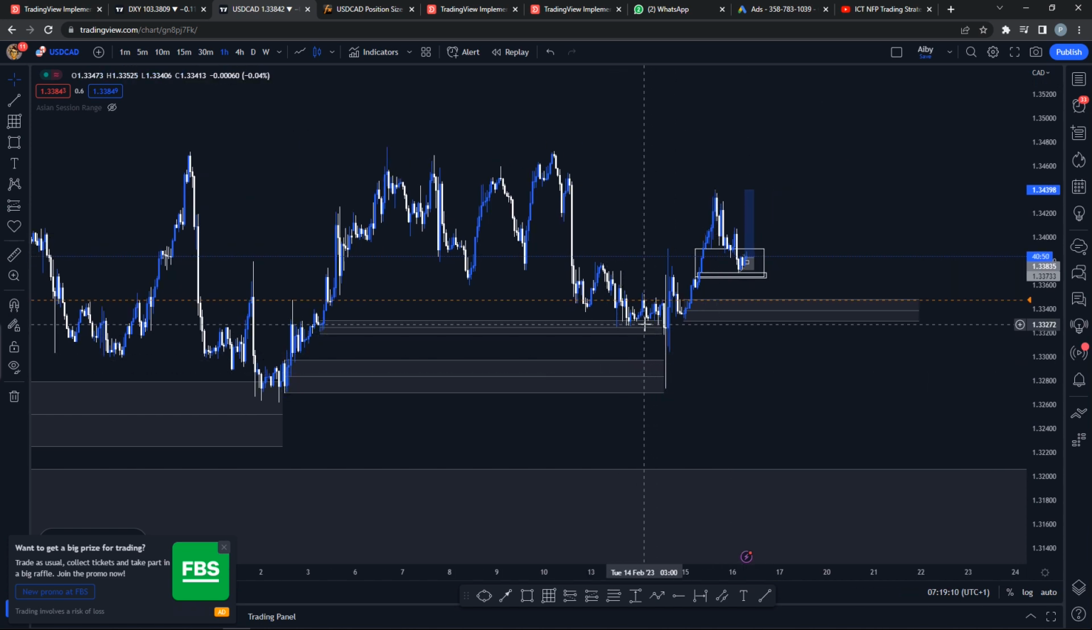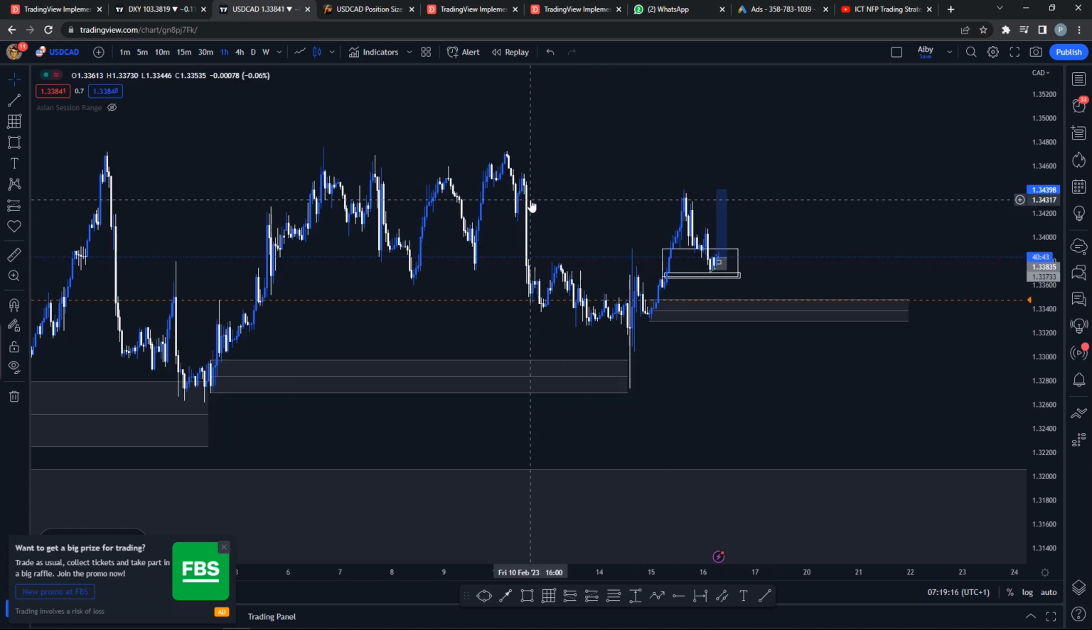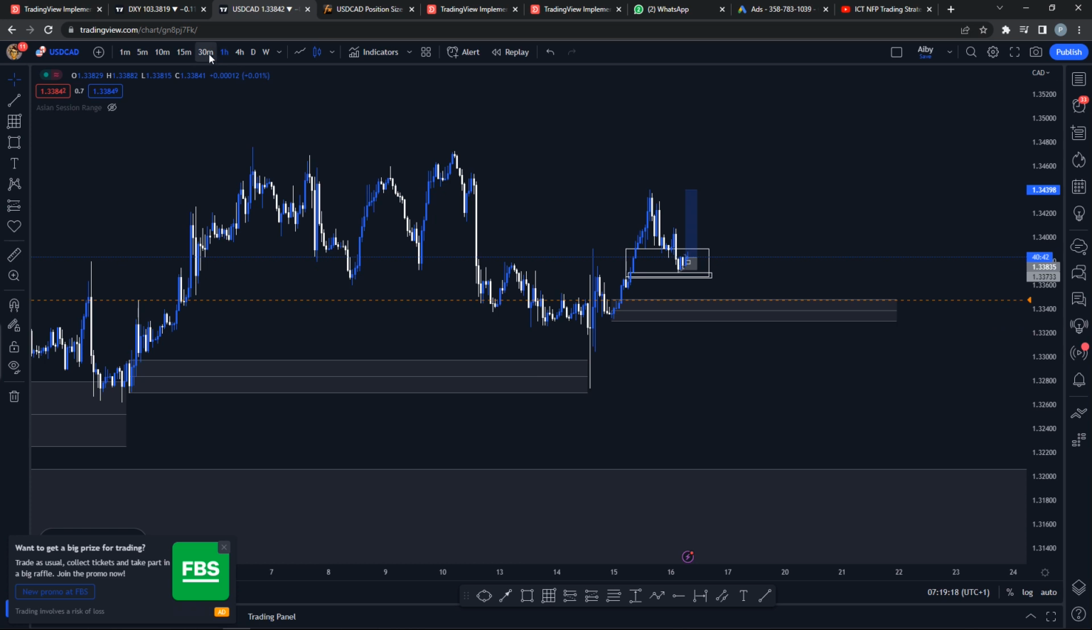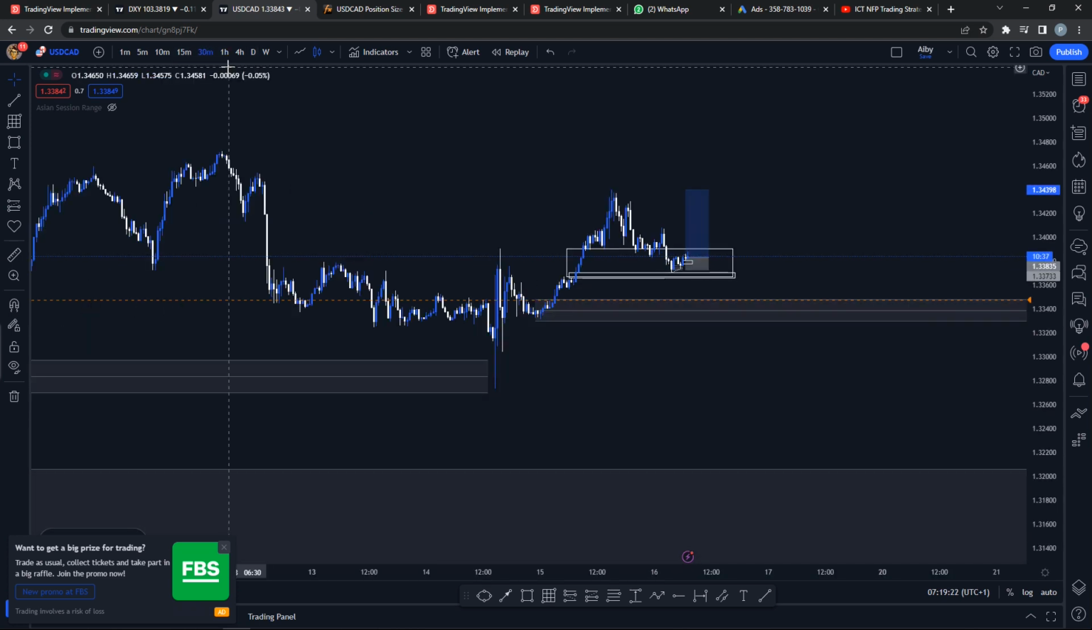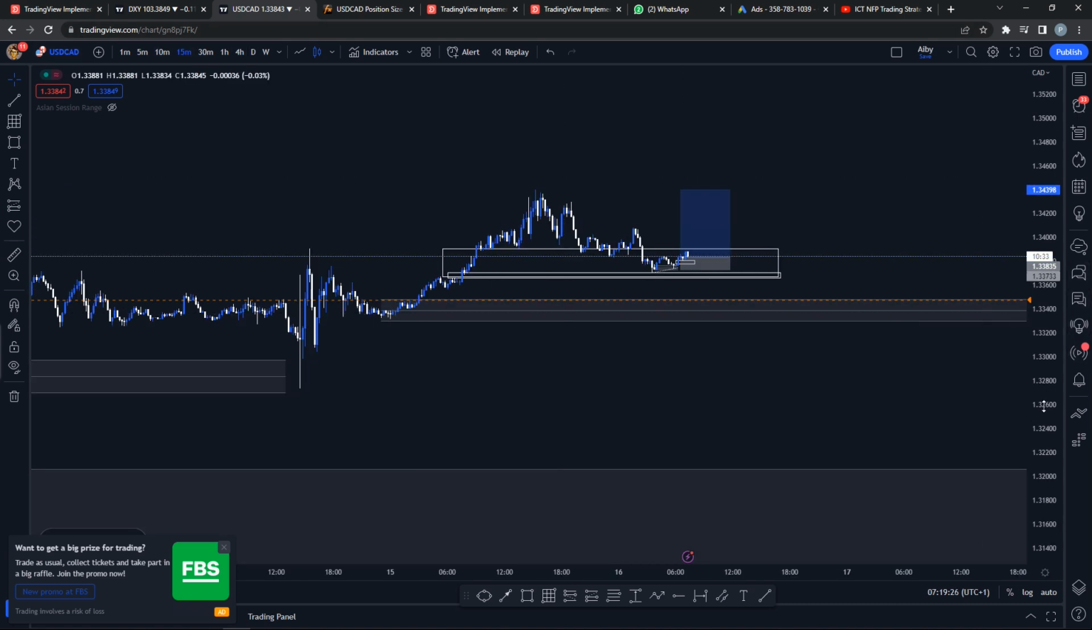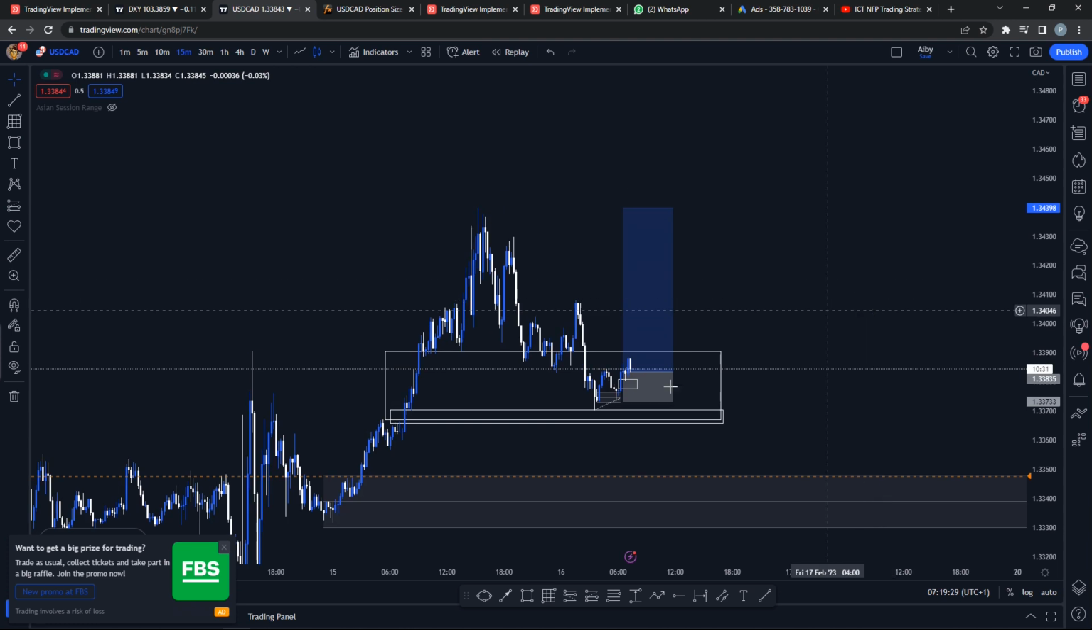So after that, we had this push up, breaking structure, this structure, and the rest. Now, why did I take this trade? Let me check the 30-minute time frame. I think I didn't get any information from there. So this is the 1 hour time frame. So on the 1 hour time frame, we